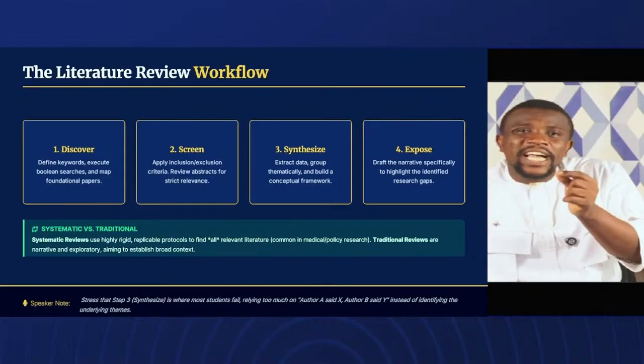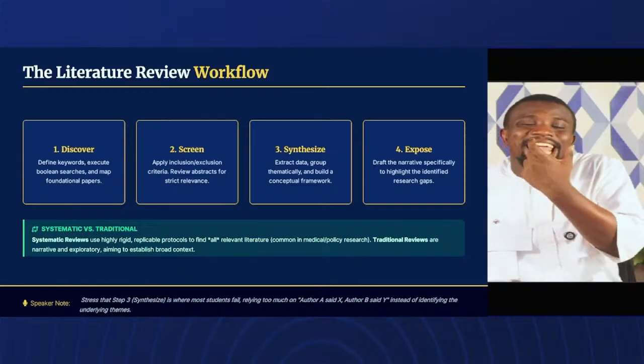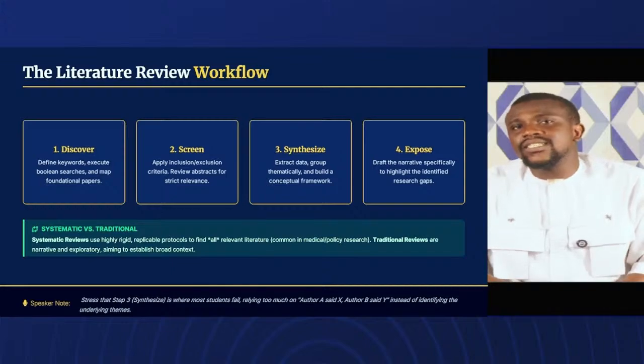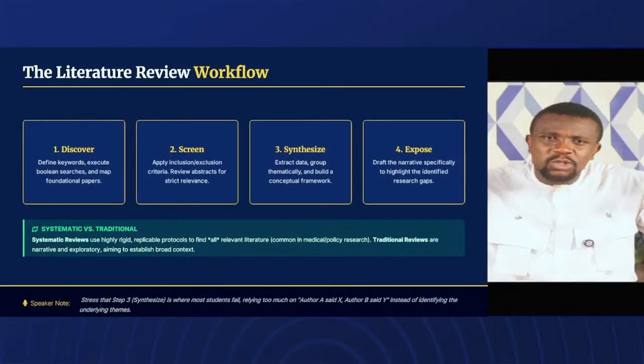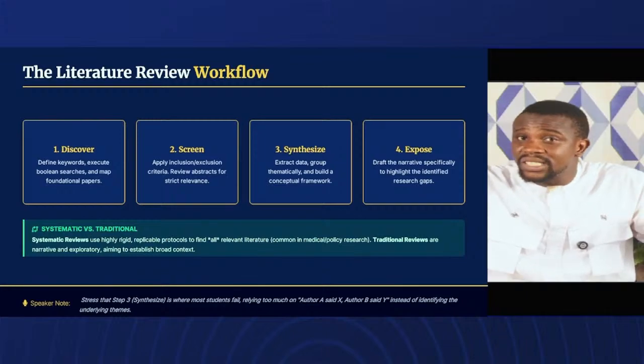You have to apply something called inclusion and exclusion criteria. And under this section, I'm going to be deploying Gemini AI Pro and a specific feature under it called Deep Research. And under Deep Research, we're going to see how this advanced AI model was able to do inclusion and exclusion criteria for us. And please understand that you are also going to review abstracts for relevance. So after you screen your papers, you're going to sort them into two parts: the one that is important and relevant, and the one that is irrelevant. And under the relevant part, you are